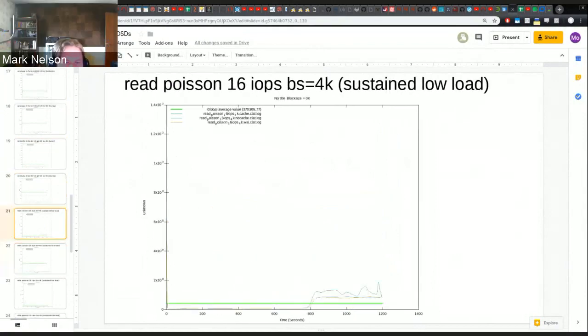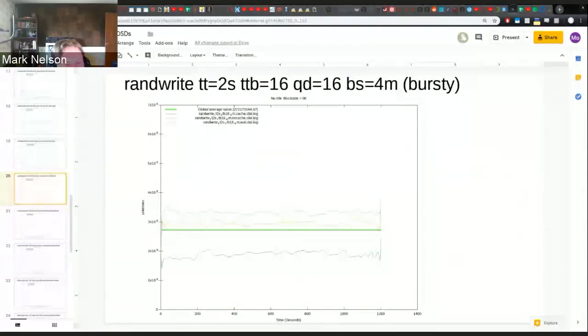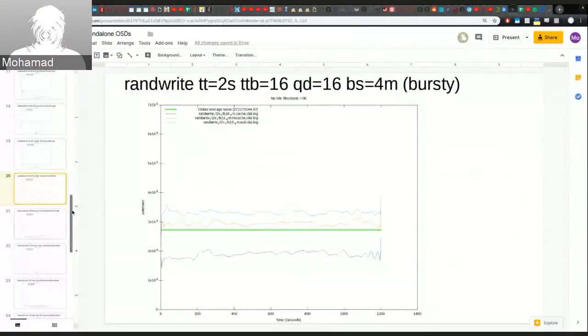Was the data set size big enough to cause the cache to have to start evicting? Well, that's why this is interesting, because here there's no eviction. So this is a bursty think time of 2 seconds. You have 2 seconds between each burst, and each burst has a queue depth of 16. That gives enough time for the SSD to flush its data,